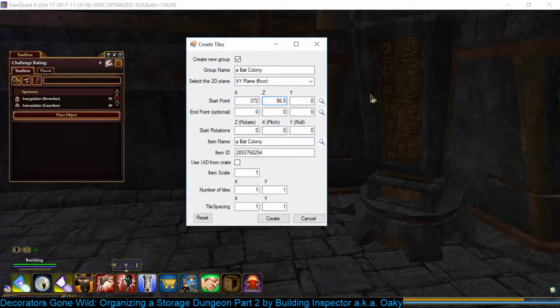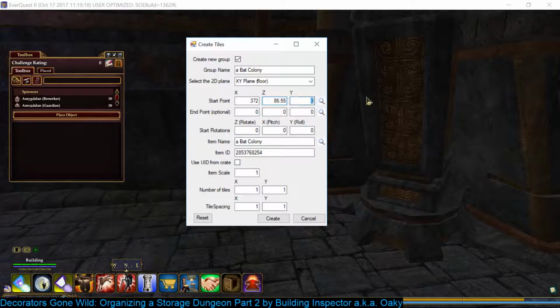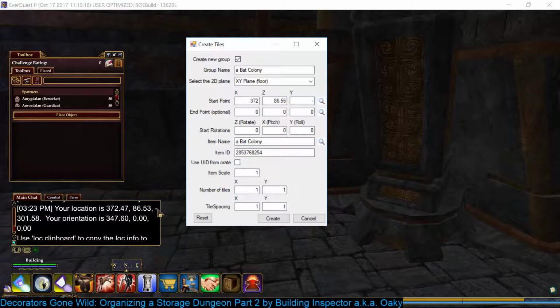I'm going to just do 86.55 instead. I rounded a little bit. And then the north-south coordinate, there's a negative here. Make sure you're careful, when your chat wraps, that you don't miss the negative sign. So it says 301.5. I can't get quite as close to the wall as I like, so I'm gonna